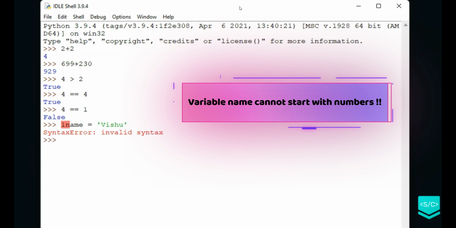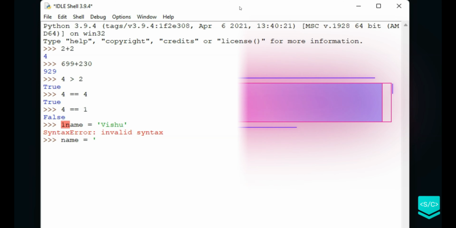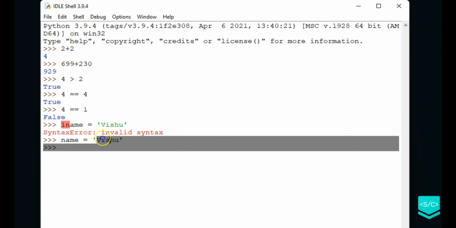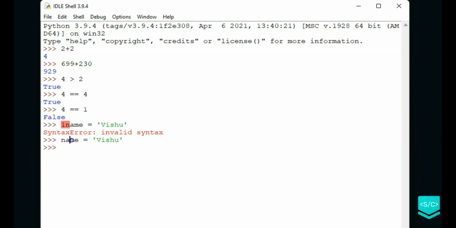It is giving me a syntax error because I cannot have a variable name start with a number. So I can do name equal to "Vishu", and now it is not printing it out because it actually executed this line of code. It says take this string, because it is surrounded by quotes, and put it inside the variable name.